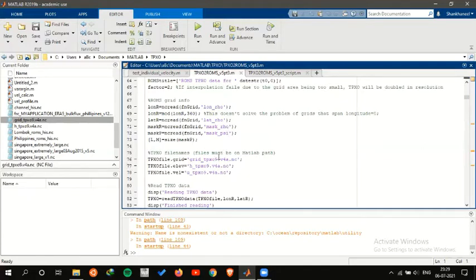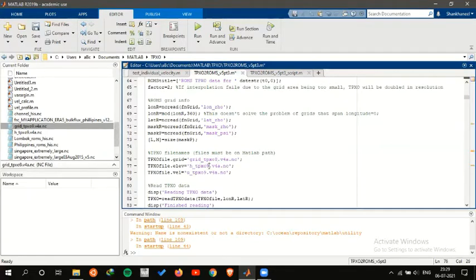Now I usually use TPXO8, so you have to mention those three TPXO files in that order. First is for the grid, second is for the elevation, and third is for the velocity. Elevation is in H, velocity is in U, and grid is in GRID. So I generally use TPXO8, so I change it to TPXO8, or let it be. I can also use TPXO9 because I have it, and that is what most people use. So I just change it to TPXO9.